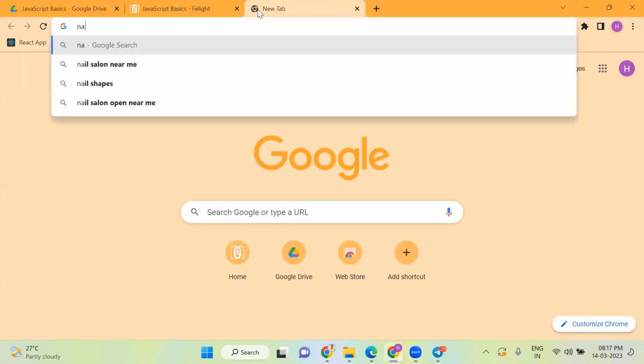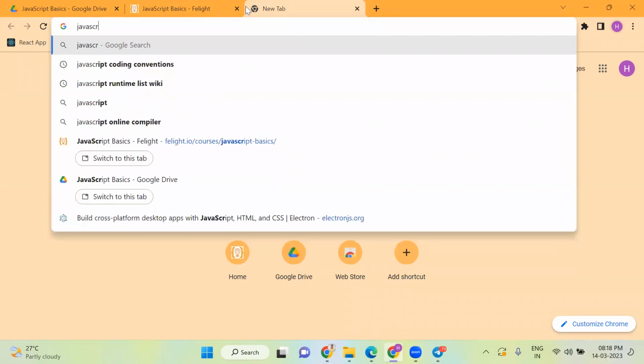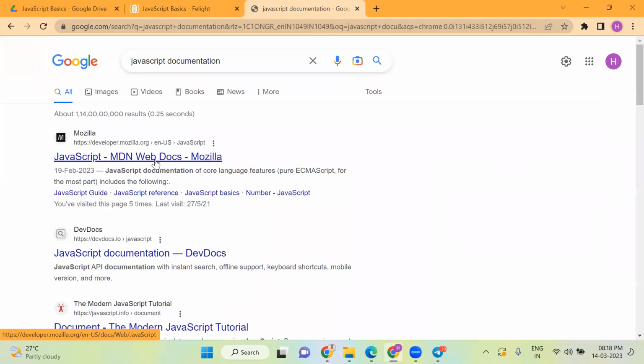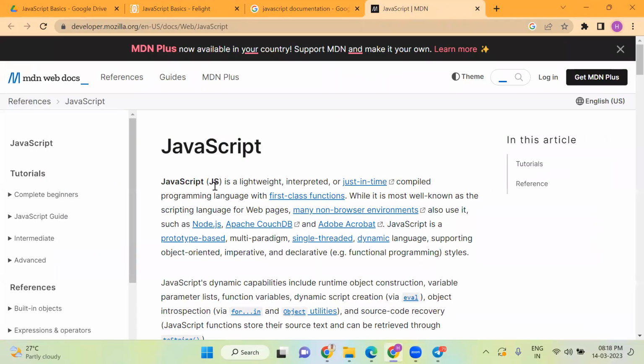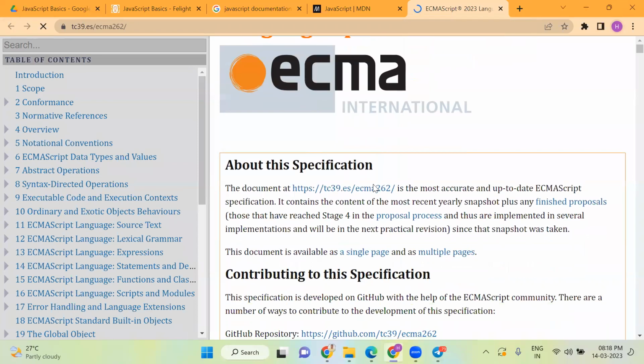I will search JavaScript documentation. Okay. So I will go here. The standards for JavaScript are the ECMAScript language specification. Are you getting it? This is actually the original name, ECMAScript. Is it clear, guys?